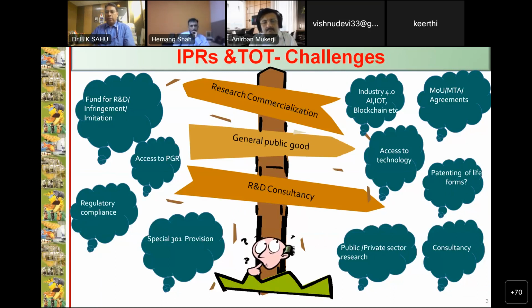Friends, many times IPRs, the intellectual property rights, many institutions, many innovators, inventors file, but at the end of the day, what is the utility? In fact, the reports say everyone knows that the commercialization of IPR, the percentage is very low. But how, quantitatively and qualitatively, in a better way, are we monetizing it? Because we are facing many challenges, both at bilateral and multilateral level, as far as IPR is concerned.